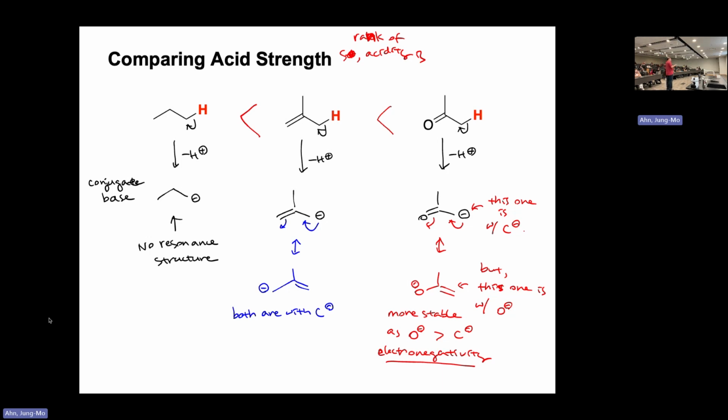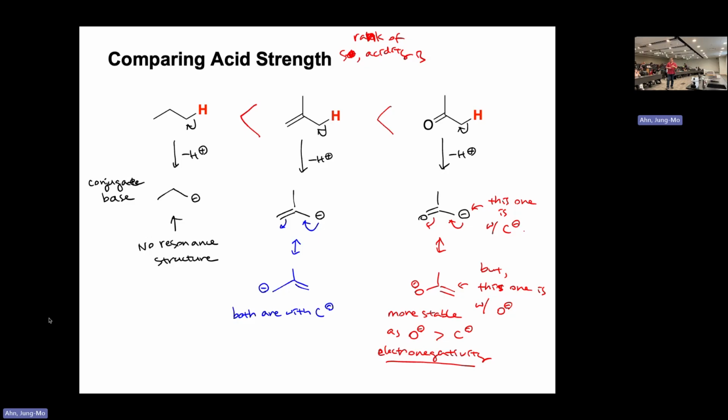But among these two, how can we figure out which one is better? If you look at these resonance structures, carbon being negatively charged, carbon being negatively charged, there are no differences. But if you look at the resonance form of those, this one, after it makes the resonance structure, still has the carbon negatively charged, but there's an oxygen here. In this resonance structure, now the oxygen is negatively charged, which is a more electronegative atom compared to the carbon. So among these two, which one is more stable? I mean, both of them make one resonance structure, but this